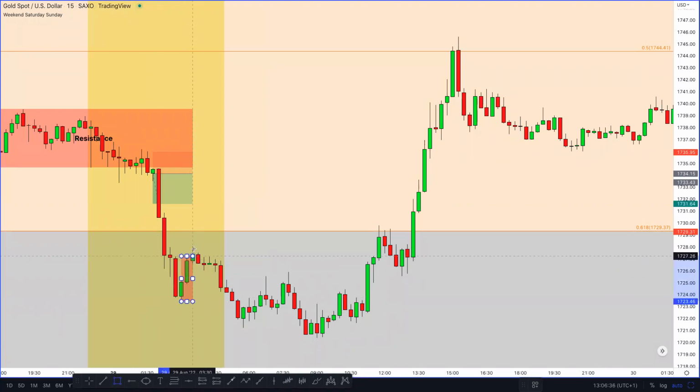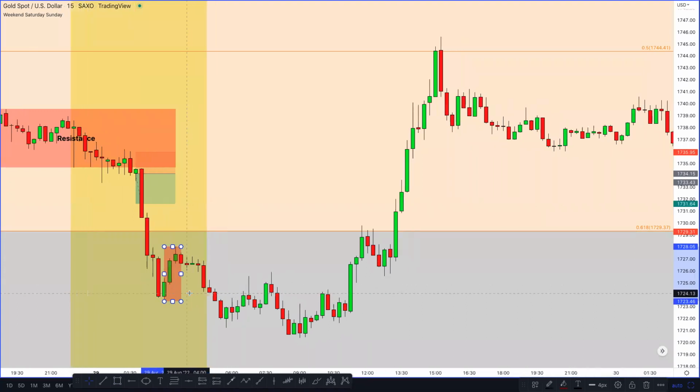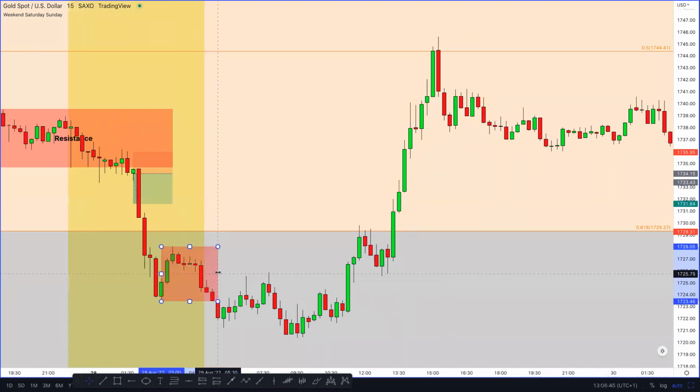So you want to go to this level over here. And now we can see that the swing high had occurred over here. Swing low, swing high. We can see the market's obviously pulling back. You're not going to enter the trade just yet. You're just going to draw your box and keep moving it across until eventually we see the breakout.